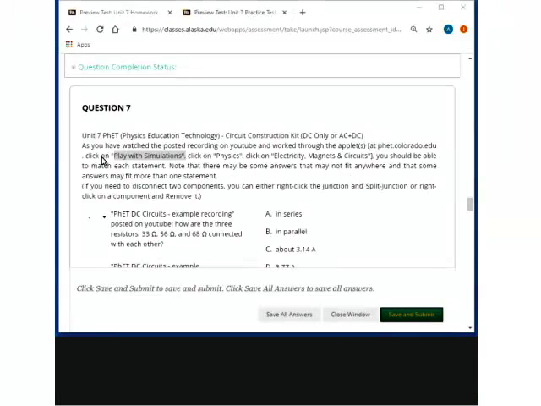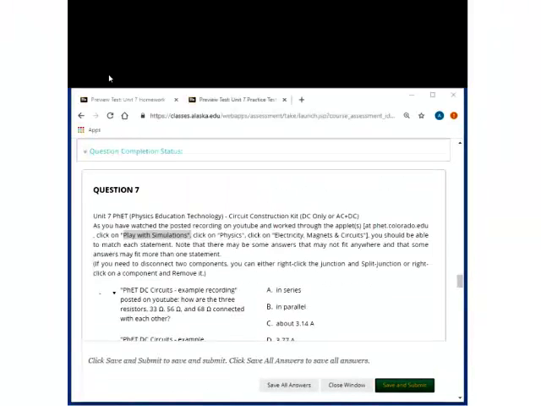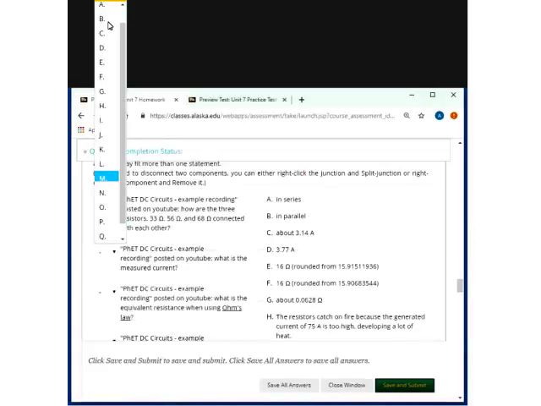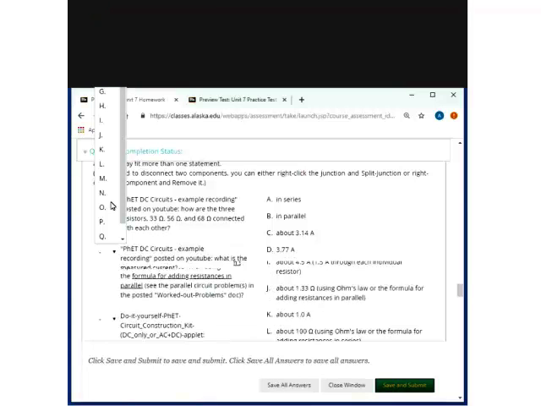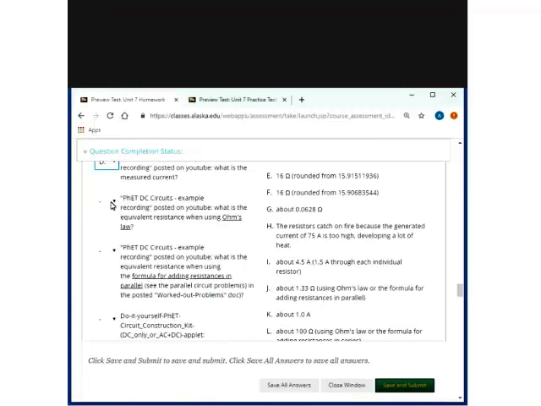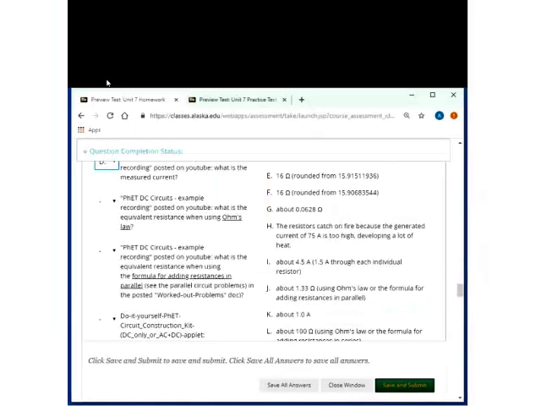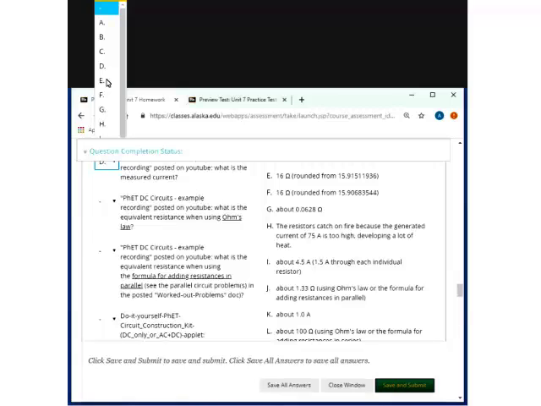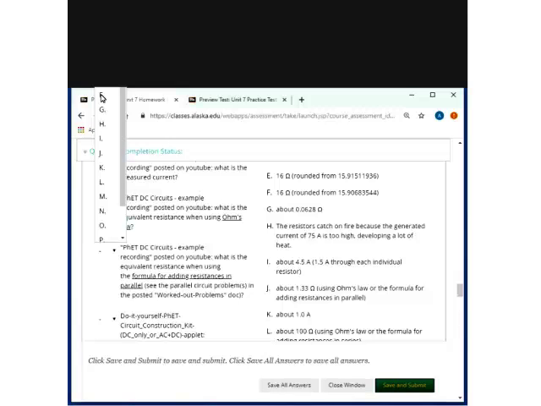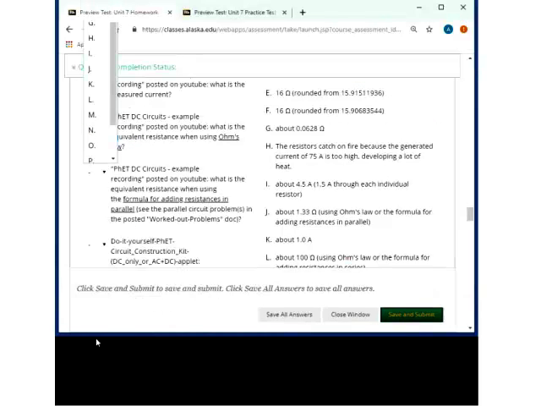The first one here is in parallel. The next one here is 3.77 amps. The next one is 16 ohms. Next one is 16 ohms, but differently rounded. Wow, there are a lot here. So this one here is